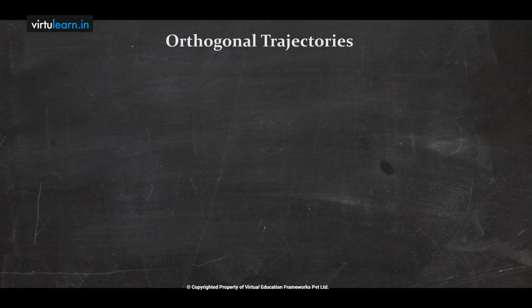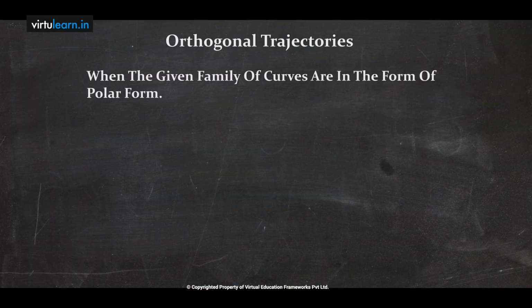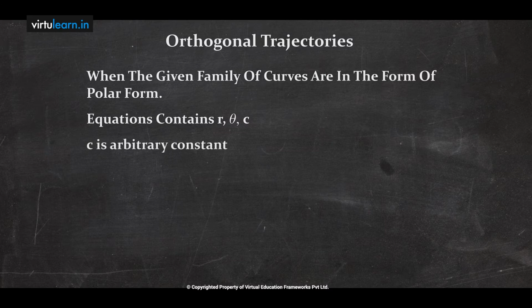Orthogonal trajectories. When the given family of curves is in polar form, how do we calculate the orthogonal trajectories? The same procedure, but the equation contains r, theta, and c, which is an arbitrary constant. If the equation contains these three variables, you have to eliminate the arbitrary constant c by differentiating with respect to theta. Then after eliminating the arbitrary constant, we get the differential equation f of r comma dr by d theta